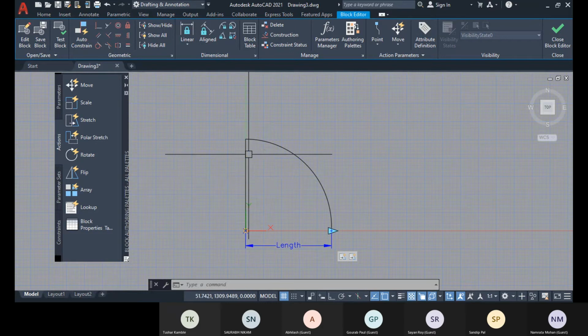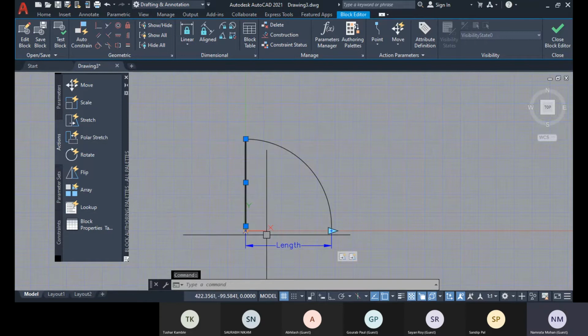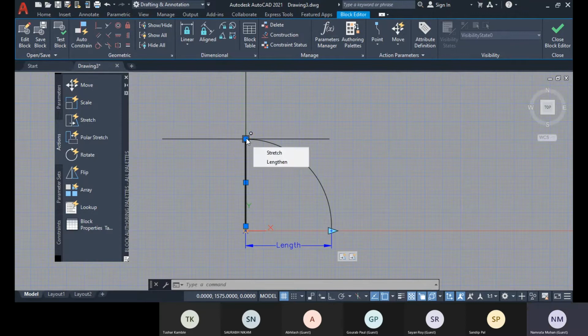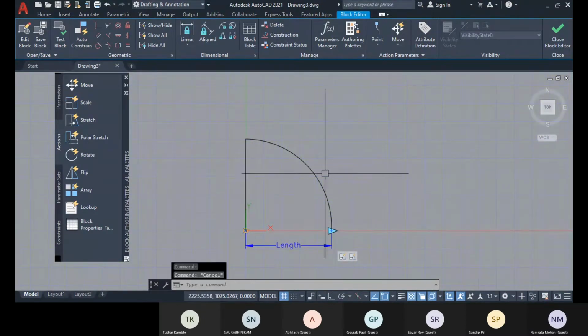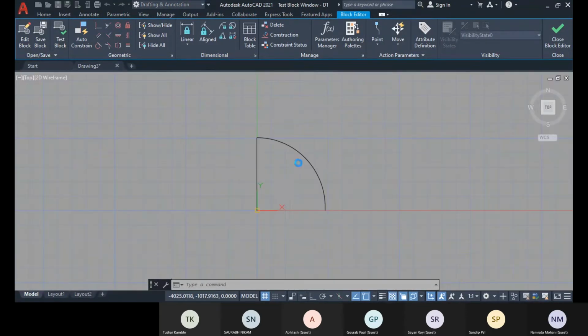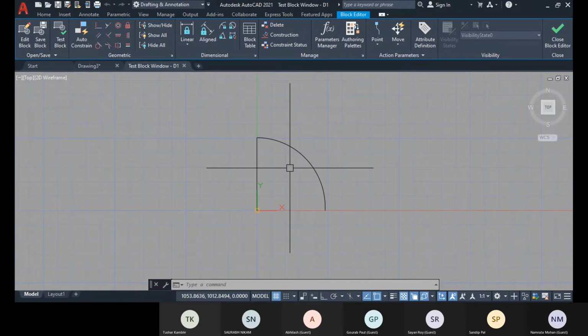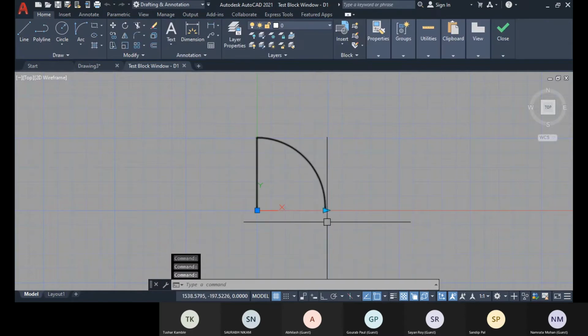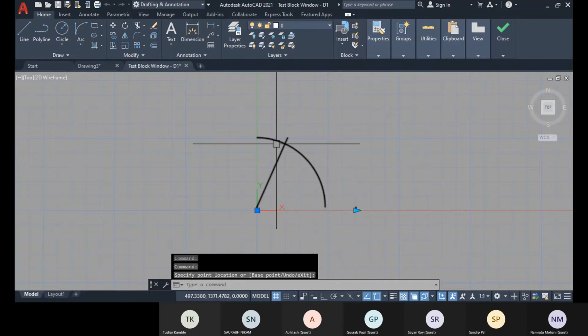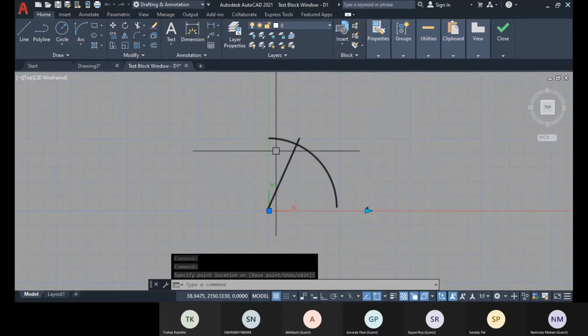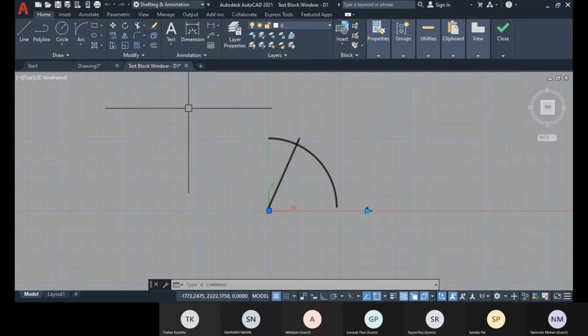So where I left off, this is the vertical line, right? This has the angle from the 0 degree, that is, the angle is 90 degree, right? So in this 90 degree direction, it will be stretched, correct? That I have to mention. If I don't mention, I will have the error. So let me show you the error. Here you see it's not being stretched in the vertical direction, right? So that I have to mention.